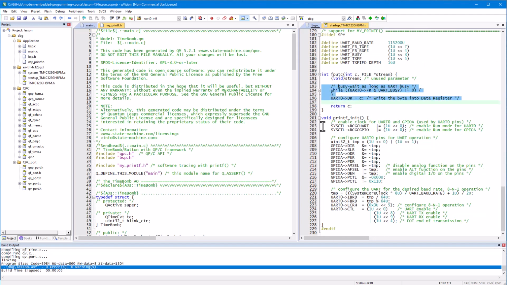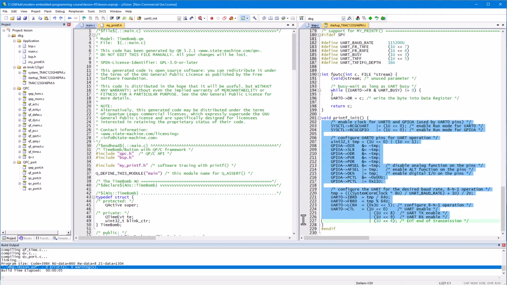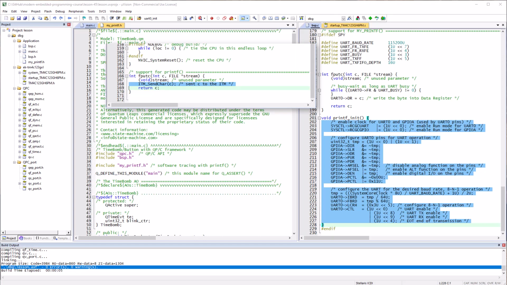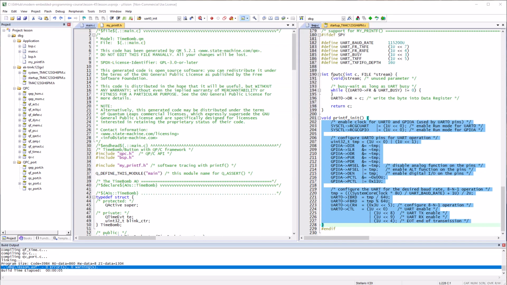For example, to get printf working on a different board with a different communication mechanism, you only need to modify these two simple functions. It was even less code for the ITM debugging. But at the same time, printf is about the most expensive software tracing technique you can possibly come up with. Not many developers even realize how much code space printf adds to the final binary image, so let's take a